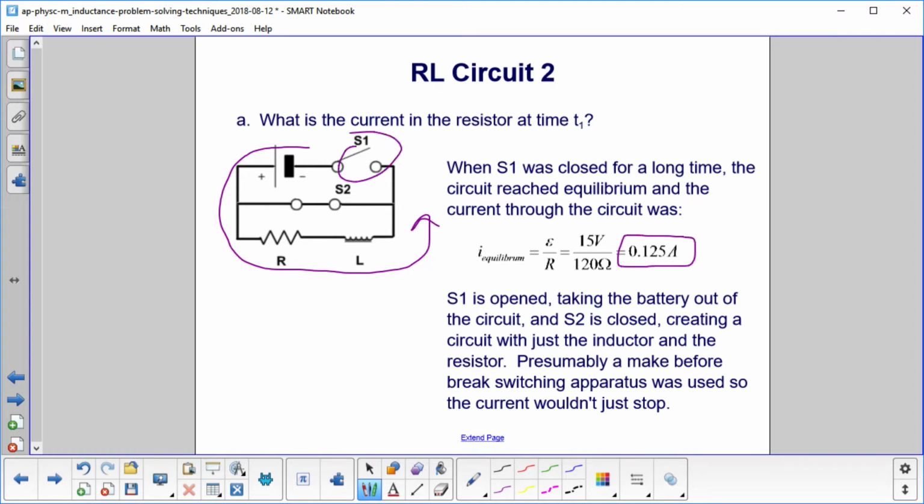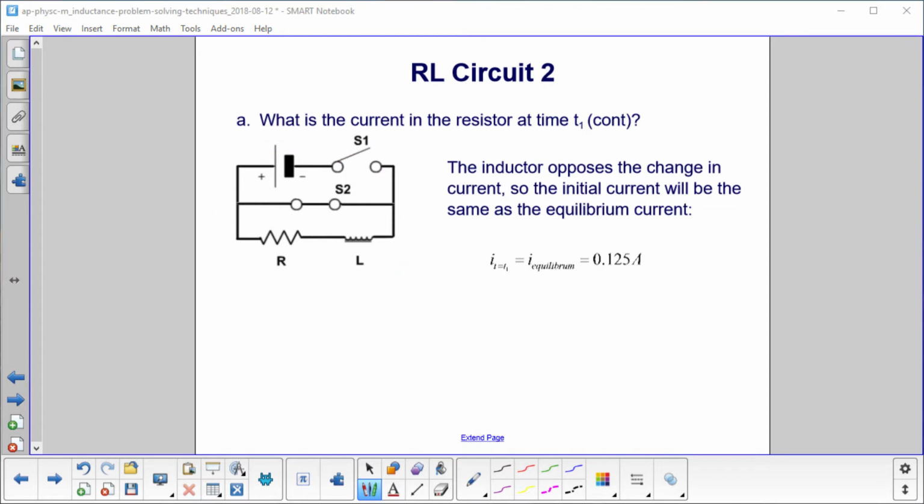S1 is now opened, and S2 is closed, creating a circuit with just the inductor and the resistor. Presumably, a make-before-break switching apparatus was used so the current would not just stop. The inductor opposes the change in current, so the initial current will be the same as the equilibrium current, 0.125 amps, and will be going in the same direction as it was earlier, just going through S2 now instead of